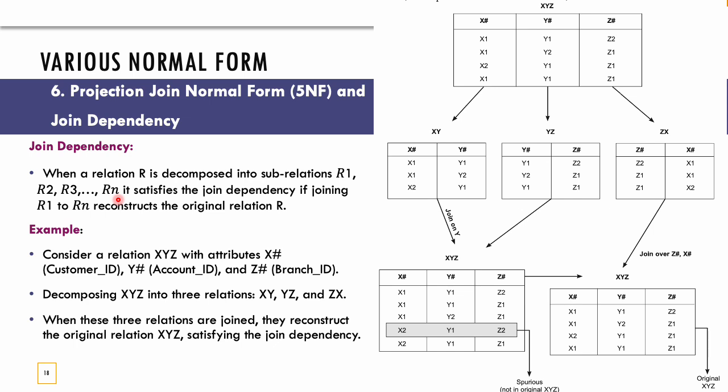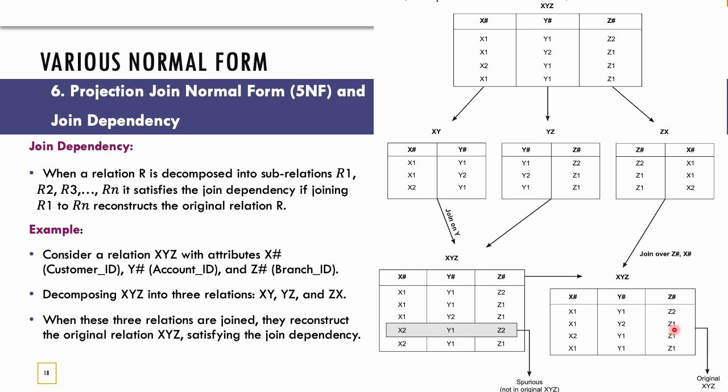And when we join them back together, they reconstruct the original relation, which means that no data is lost or duplicated in the process, and the structure of the original relation is preserved. In other words, if you split a relation into smaller parts, they should be able to join back together perfectly to form our original relation. Okay,